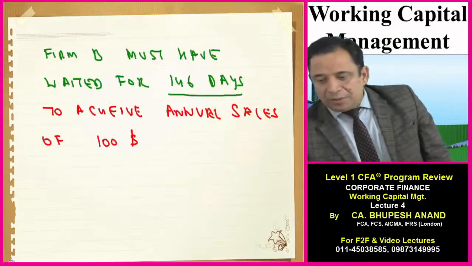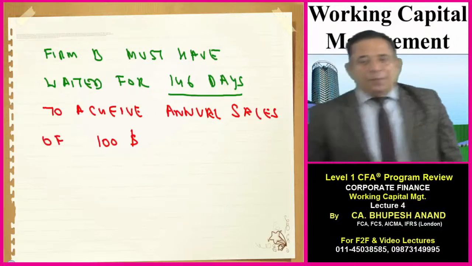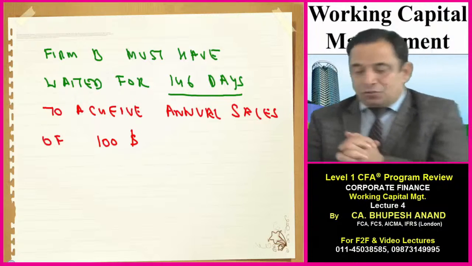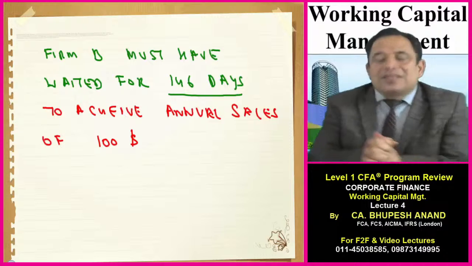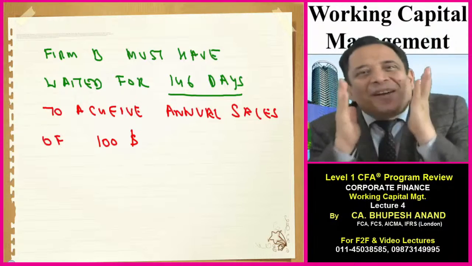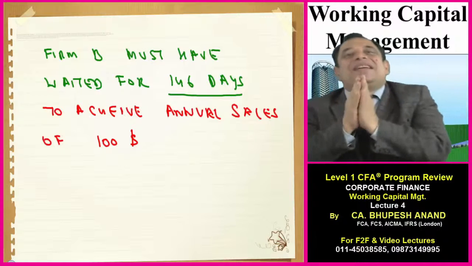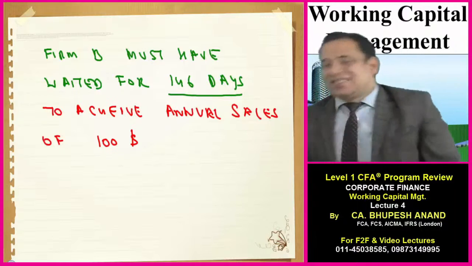So I think you must have prepared this timeline, and firm B must have waited for 146 days to achieve annual sales of $100. It means firm A is better. It means firm A has a higher liquidity as compared to firm B. With this, I want